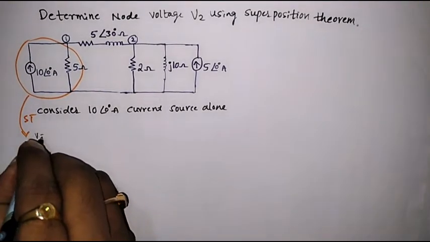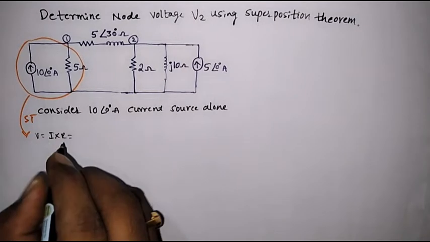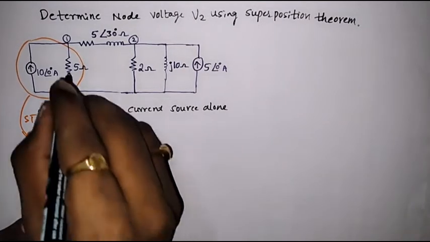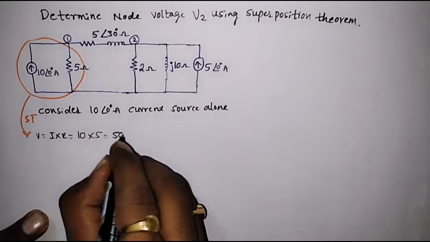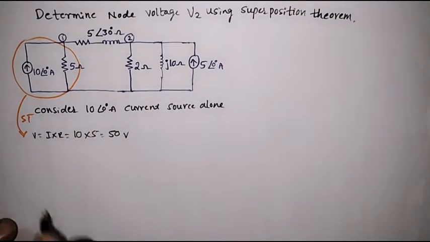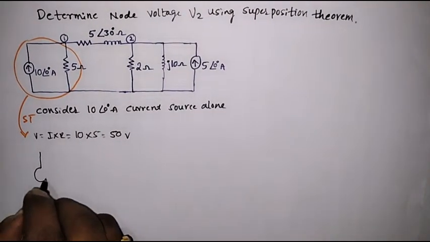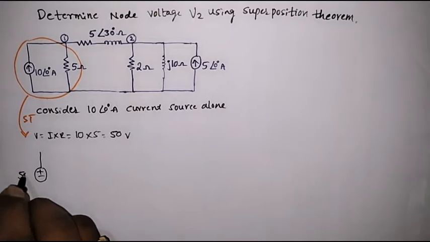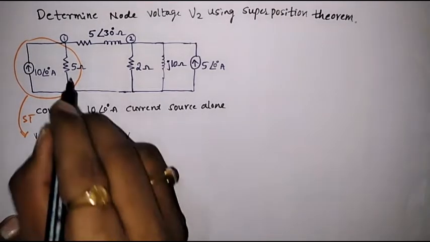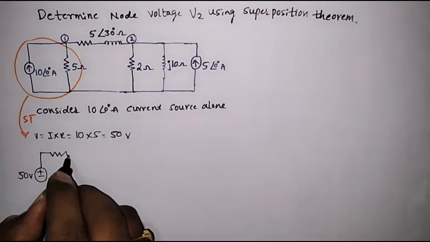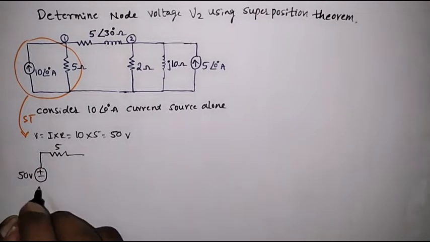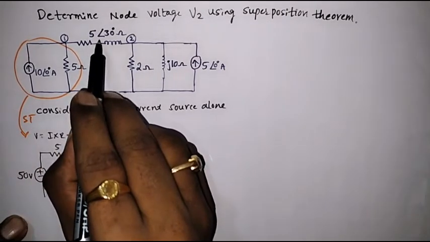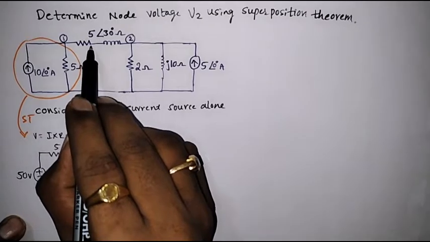We know that V is equal to I into R. Current source is 10, resistor value is 5, so the magnitude of the voltage source is 50. I'll draw the voltage source. Its magnitude is 50 volt. The same 5 ohm resistor will be connected in series. So here we can find that the value of